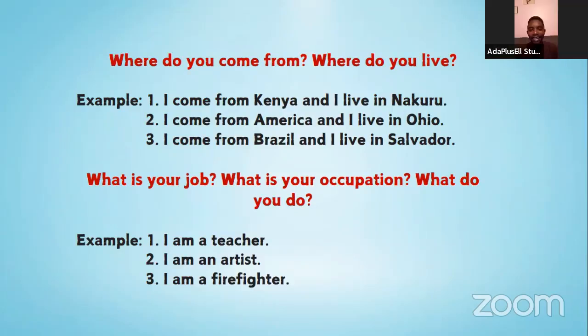Yes, and just something, Pastor. So if we can have someone to say I come from, then they put where they come from. They say they come from Brazil, and then they say where they live. So I live in, they say where they live. Ok. Alguém gostaria de fazer o teste aqui, ó, por exemplo, eu venho do Brasil e moro, aí diz o nome da sua cidade. Quem quer fazer o teste aqui?